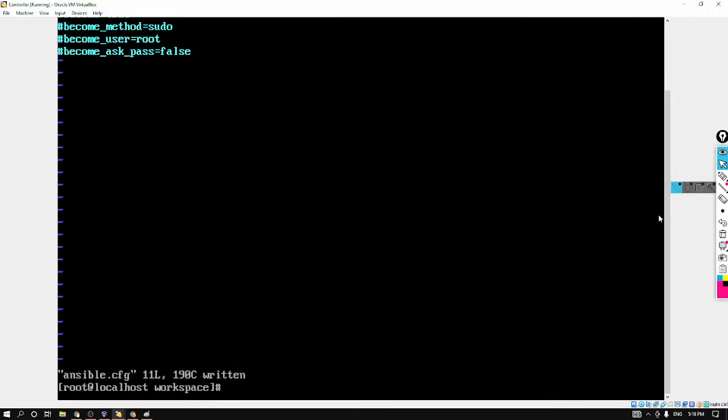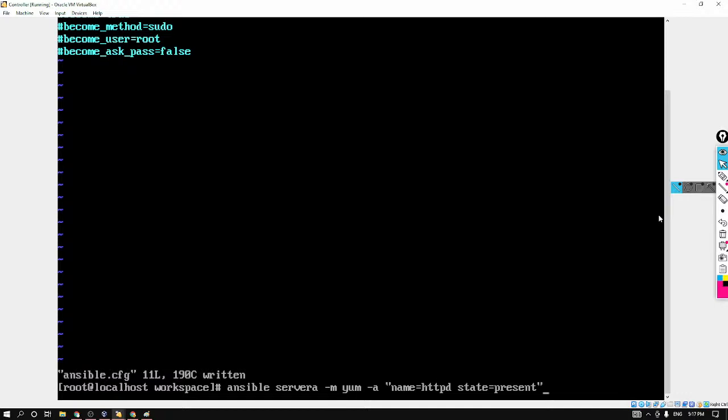Let's check. ansible server A -m yum. So yum is again a module, and the yum module is used for installing or removing any software. So this is the use case for installing or deleting software. Okay, name httpd, state present. Okay,